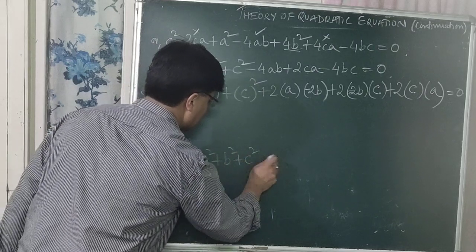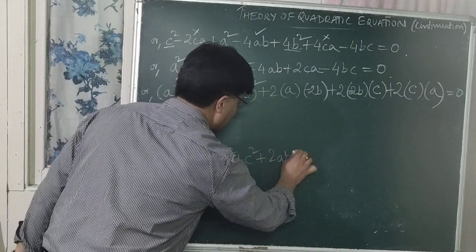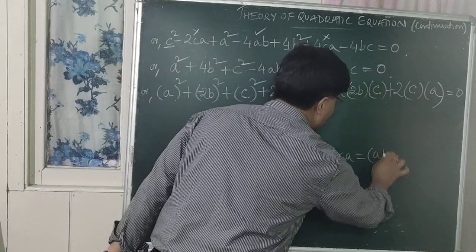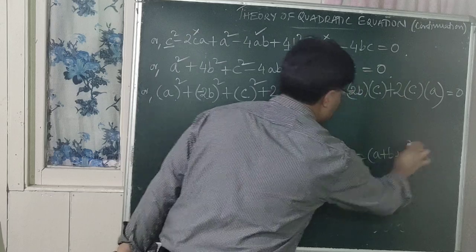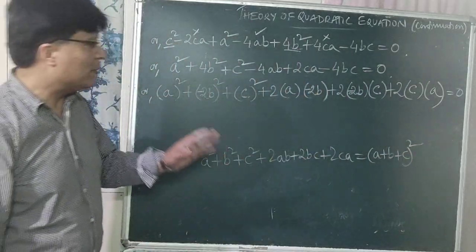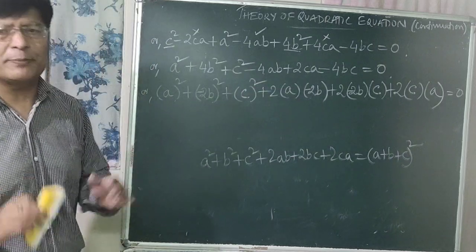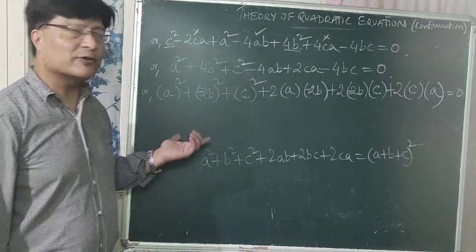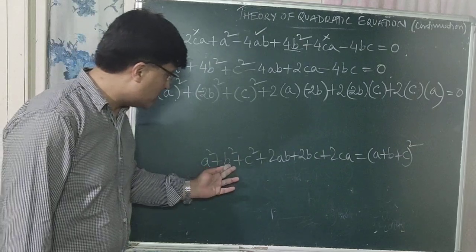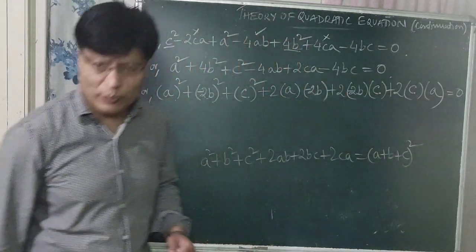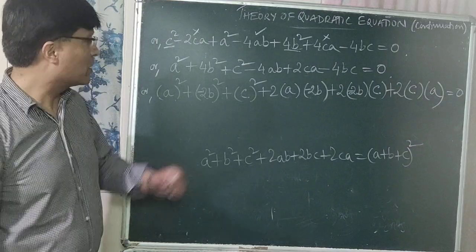ल अघि हामीले यसरी हेर्दै नि हैन, a square plus b square plus c square plus 2ab plus 2bc plus 2ca is equal to, कति भयो, a plus b plus c whole square। अघिको फर्म हो, तर हामीले के गर्दैछौं, राइटको लेफ्टमा लेख्दैछौं, लेफ्टको चाहिँ राइटमा लेख्दैछौं। सबै टर्म्स नै त साइन चेन्ज गर्नु पर्दैन त। a square plus b square plus c square plus 2ab plus 2bc plus 2ca is equal to a plus b plus c whole square। ठीक छ।